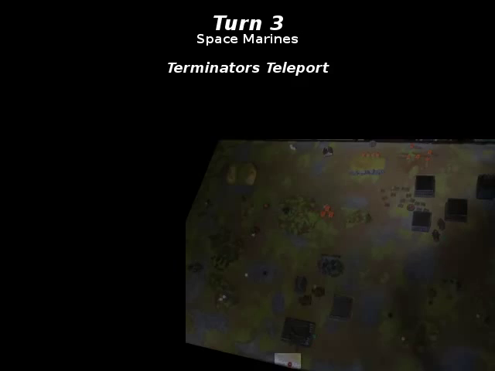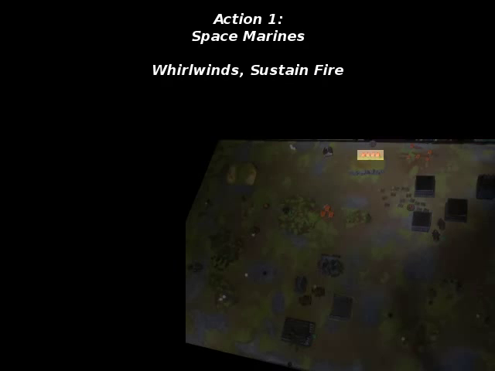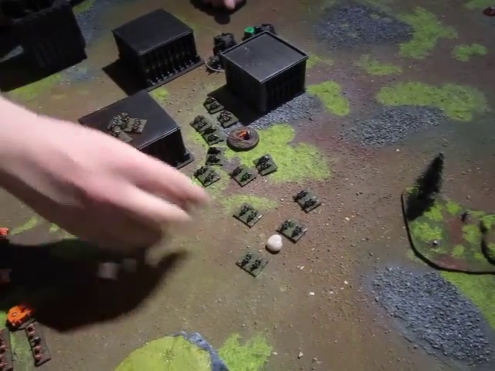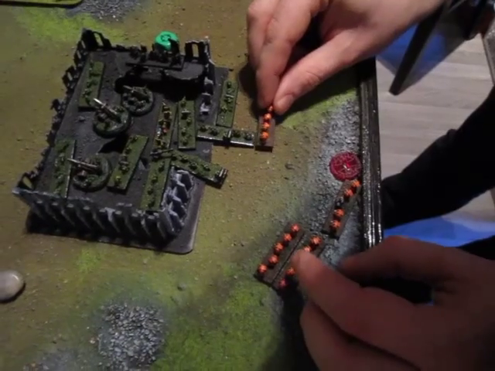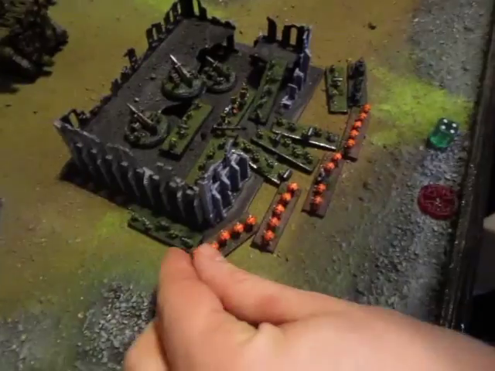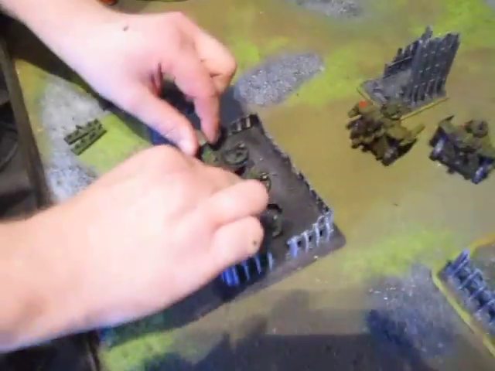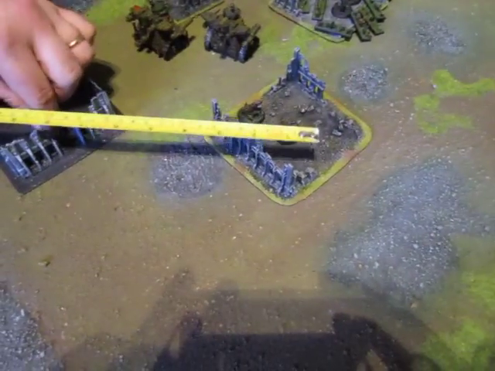Then to turn 3, and Terminators teleport on the blitz, preparing to attack the Katapult mob. The first activation, however, is Whirlwinds, which sustain fire, targeting the Boarboyz and killing a couple of them. Then the Terminators retain and engage the Katapult mob. There we go. And then one Terminator is lost, but they win the combat, and only the 3 Katapults survive, and they move to the other ruin